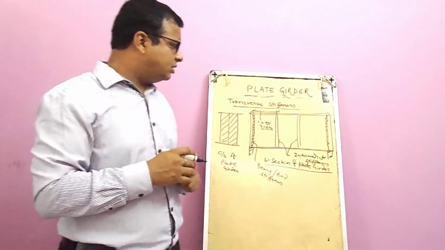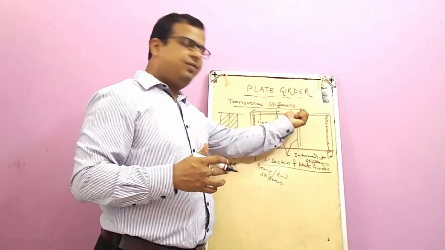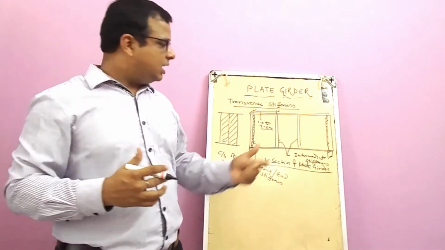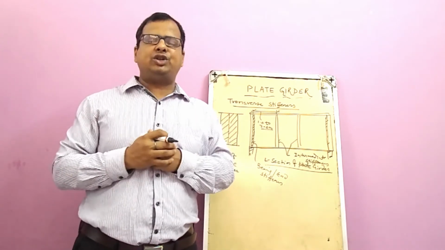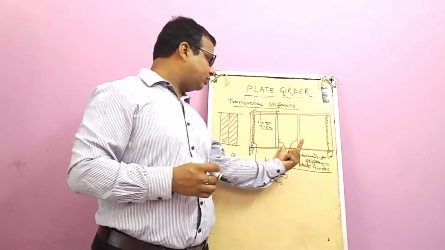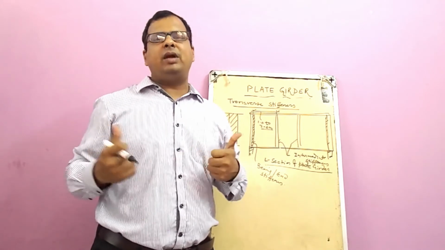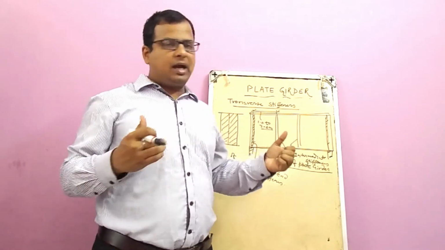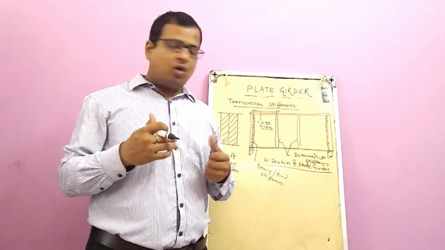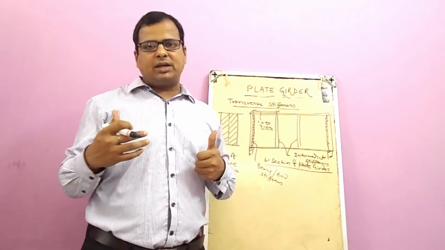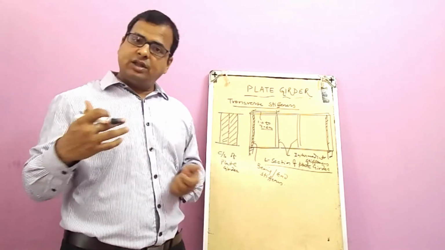Now there is one theory, that is the tension field method. Basically, what will happen if the web buckles? There will be the principle of complementary shear stress. In the complementary shear stress, one diagonal will be subjected to compression and the other diagonal will be subjected to tension. The diagonal subjected to compression will be weak in buckling, or there will be much more buckling.